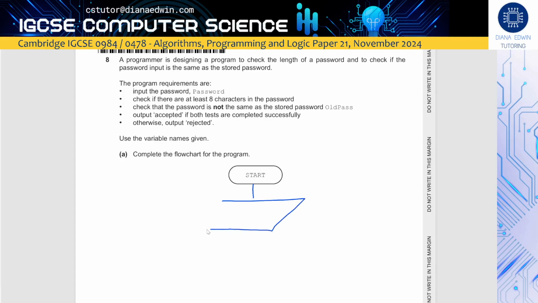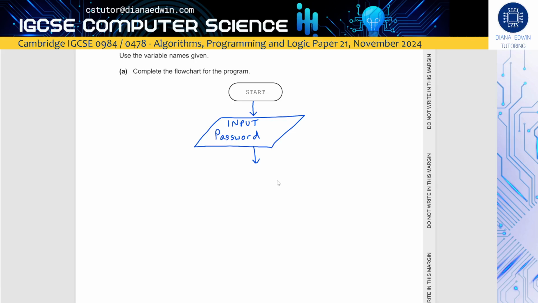Well, I'm going to need my parallelogram and I'm going to input password. I'm going to write it out exactly as it has been described to me up here. There we go. Tick. Job done. Now I'm going to check to see if there are at least 8 characters in the password. So now I'm going to do a little check. So I'm going to draw it quite big actually. There we go. So I'm going to say,